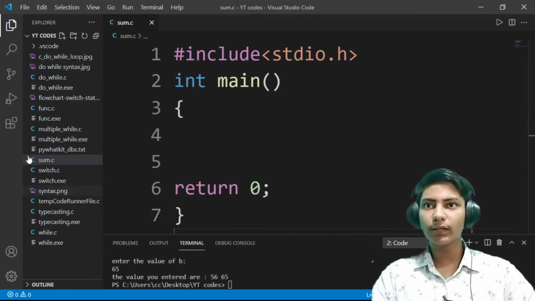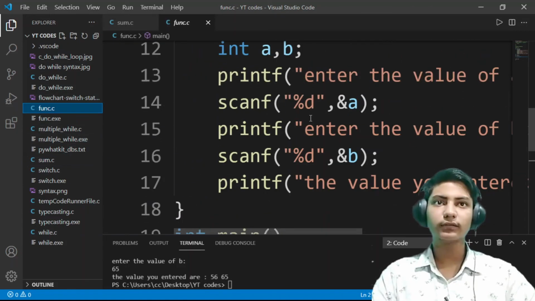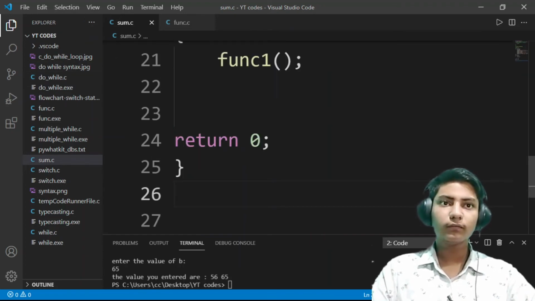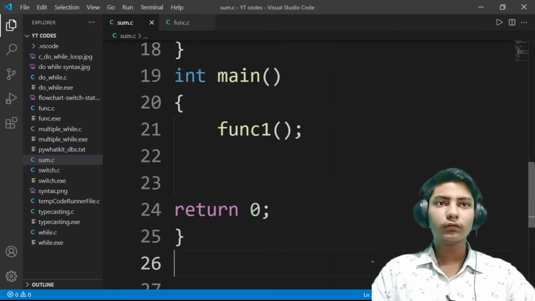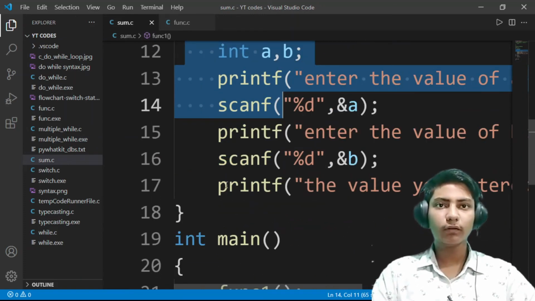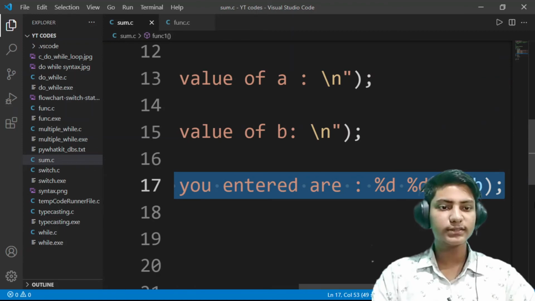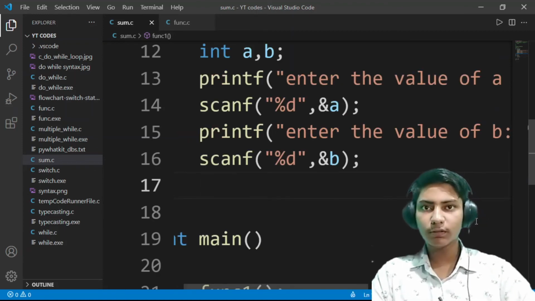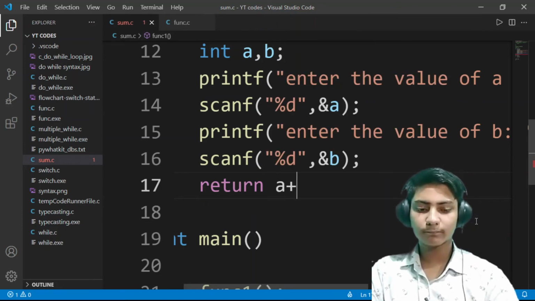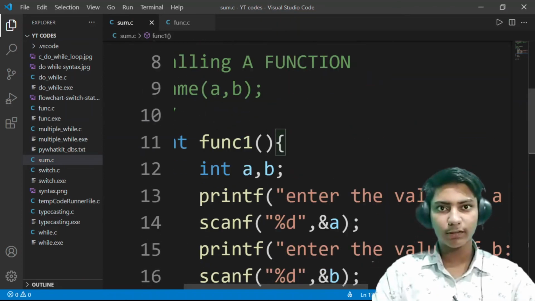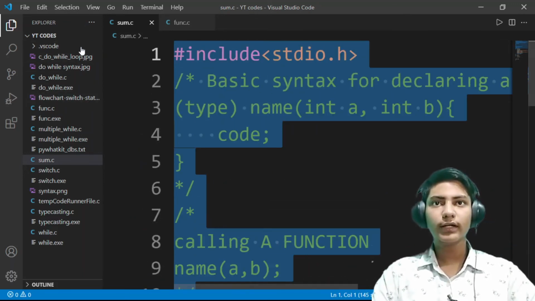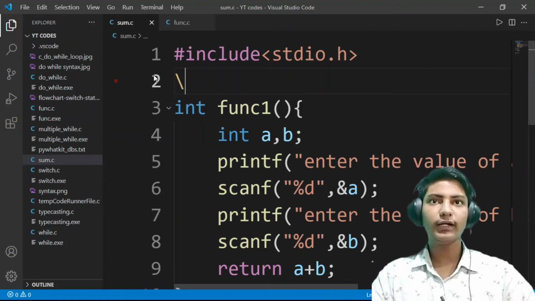So I'm just copying it from the func as it is the same, just the working is different. This will take the value of a and b, and then here remove this which prints the value of a and b. Here simply return a plus b, and then semicolon here. Here also I'm removing the comments as I don't think we need them here.